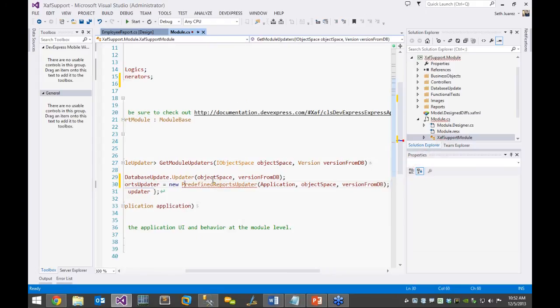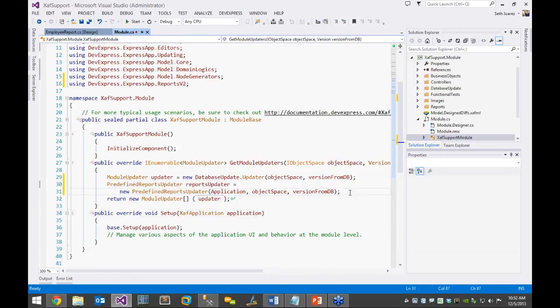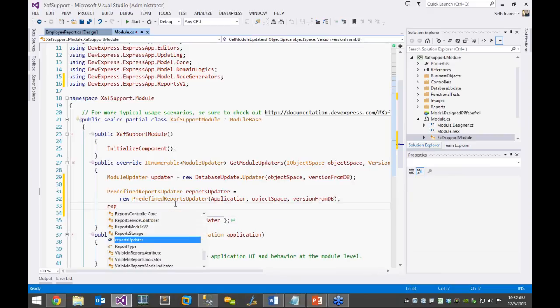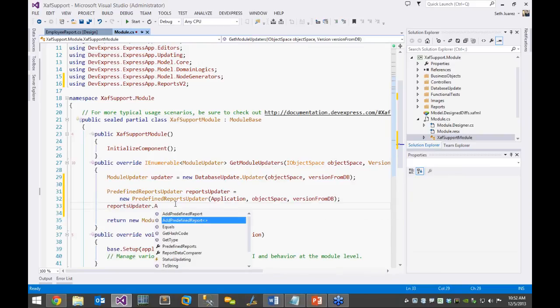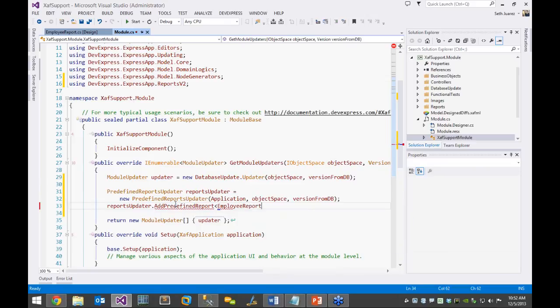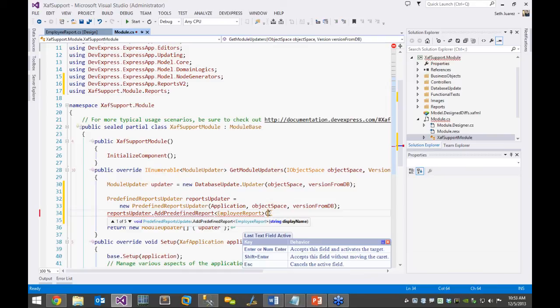Let me do this, and let me show you what's going on here and what it's doing. So notice that we have a predefined reports updater. There it is. And now for the reports updater, we need to add a predefined report. This happens to be employee report. There it is. Again, remember how I told you it doesn't matter where you put them? Because it's just going to add it. And now I'm going to give it a display name, employee report,